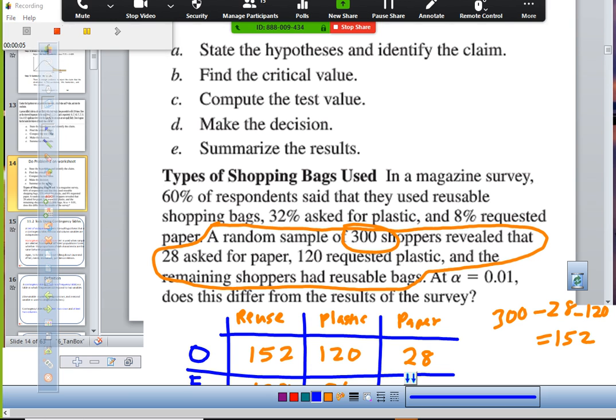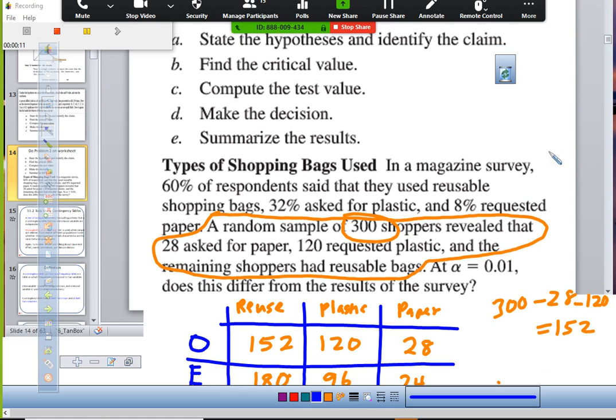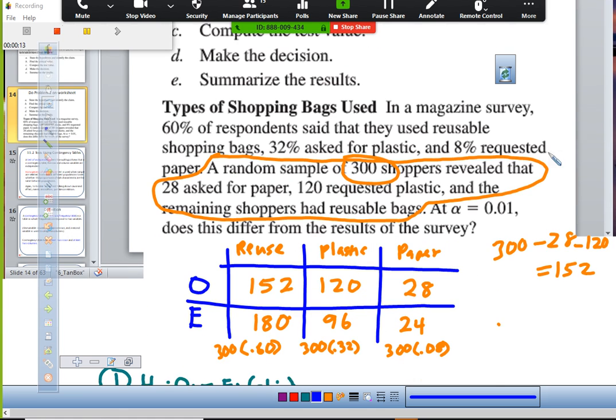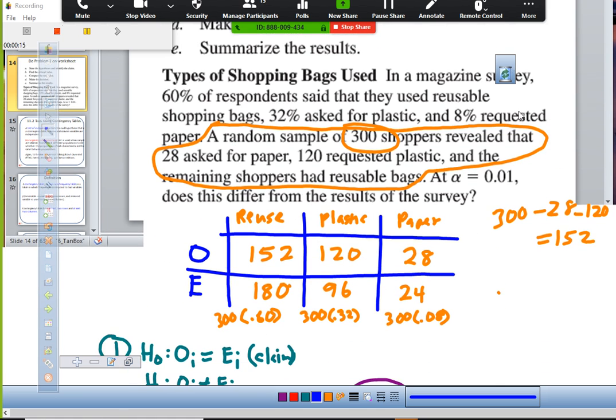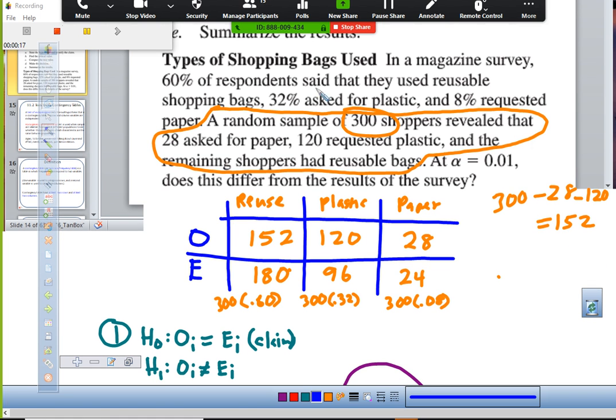Okay, welcome back everybody. Here is our problem. So for the expecteds, again we have to calculate the expecteds always. So here we're going to take our percentage for each category and multiply it by our n to get the number in that category. So 0.60 times 300, n times p, 300 times 0.60, 180, 300 times 0.32 for 96,